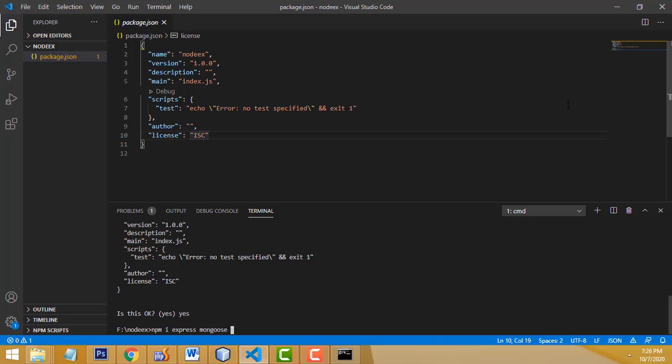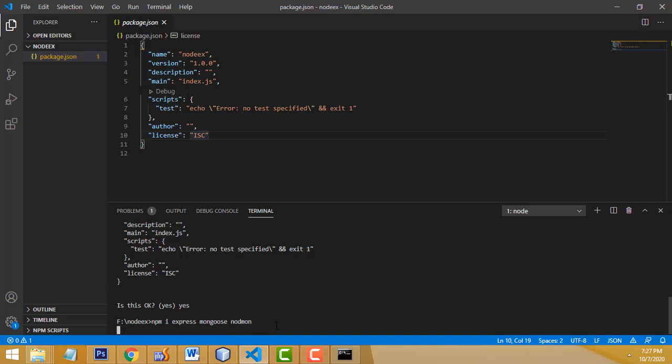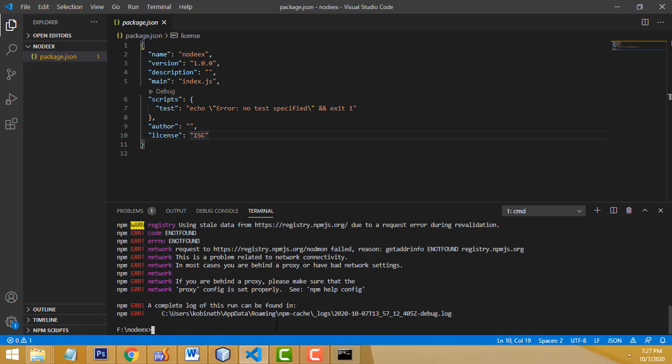First I am going to install Nodemon. What is the meaning of Nodemon? It is a third party module, a predefined library. You are getting it from a third party. Press the enter key and you will be able to download.